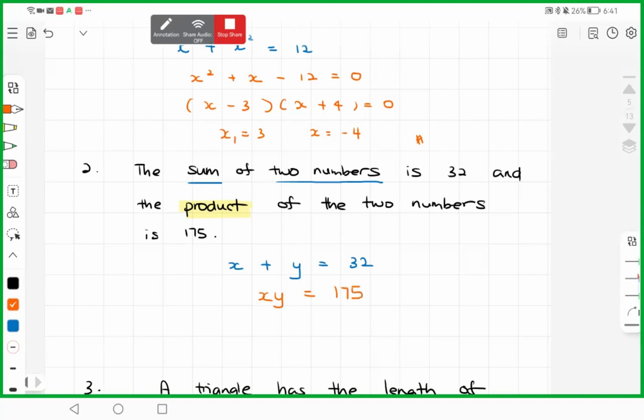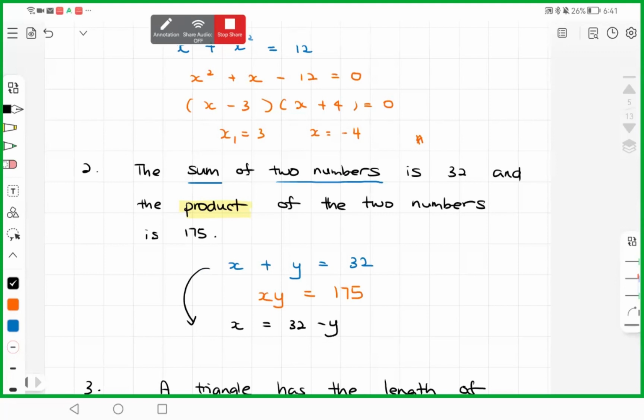So we get two equations actually. After we get two equations, we can let x from here,